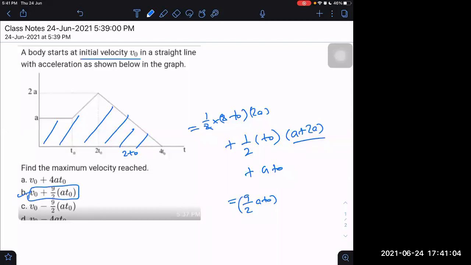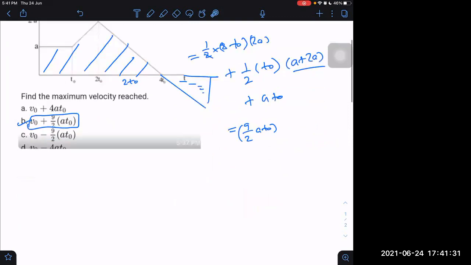Now let us say this graph ends here. If it goes beyond that, what happens then? After that, the contribution will be negative. So even if this question is asked up to time 5 T0 and they extend it beyond that, I will only answer up to 4 T0, because after that the velocity starts decreasing again. They are asking for the maximum, so this is the maximum.